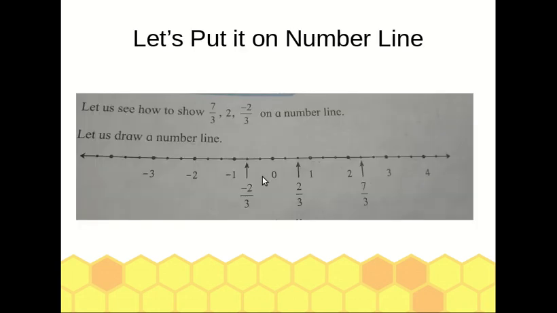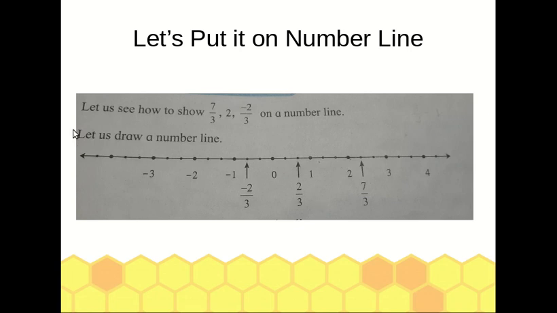Now we are going to see how to represent a rational number on the number line. All of you know this is the number line. It is one type of line. In the middle we show 0. On the right side of 0 we show positive numbers, and on the left side we show negative numbers like -1 -2 -3 -4, and so on. On the right side we show 1 2 3 4 5, and so on.